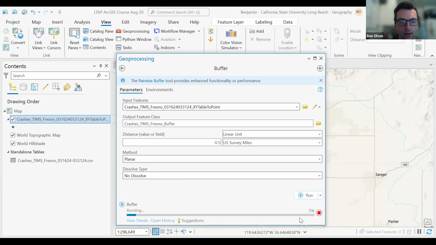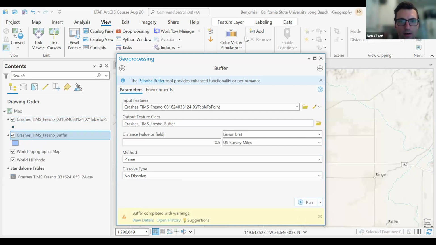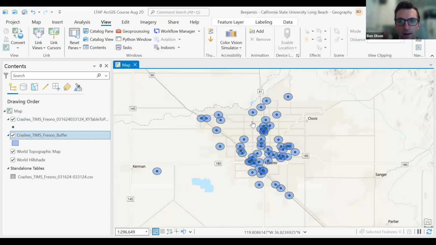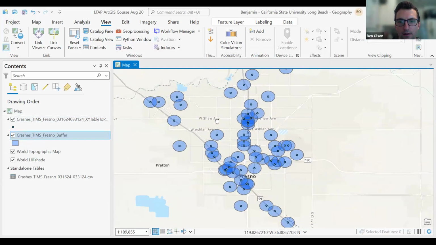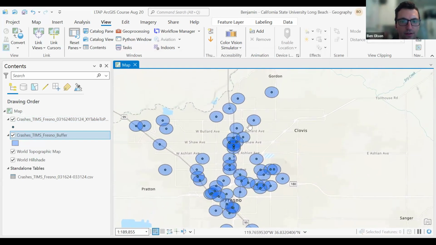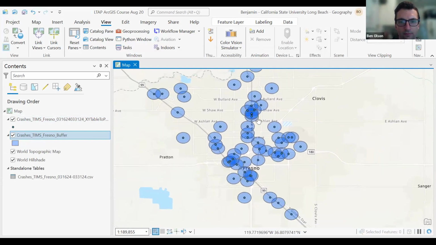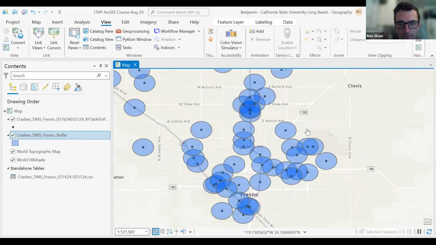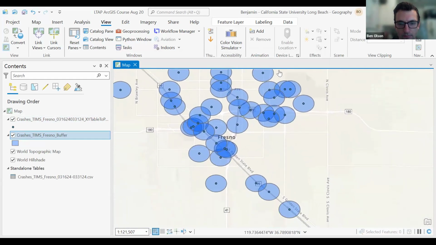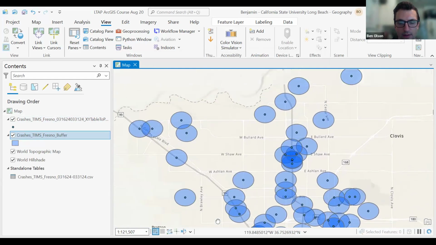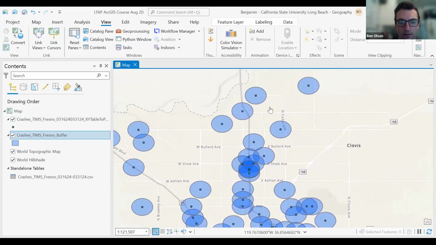And then you'll run, and what it will do is generate a separate layer that's now a polygon layer that has a circle radius around each of the features of 1/2 mile. So again, you can pan around and make sure this looks as expected. Then let me just check the document. Okay, and then there's